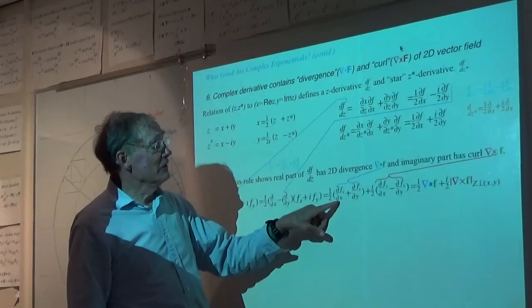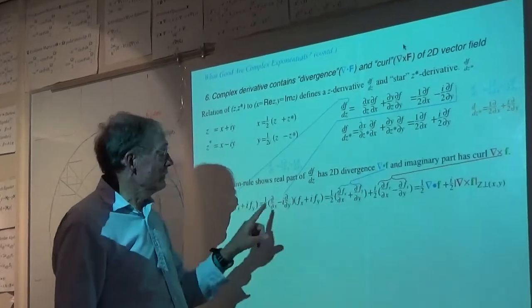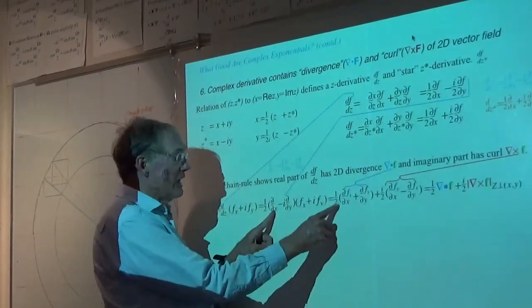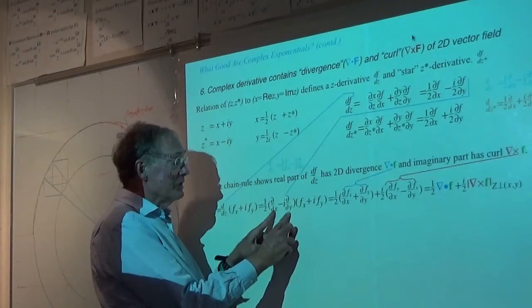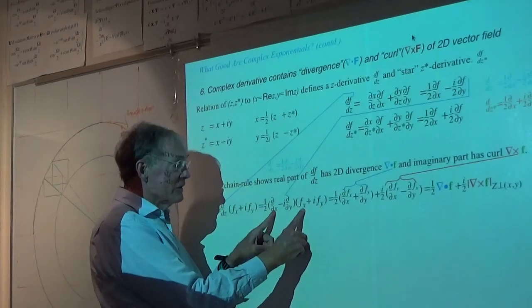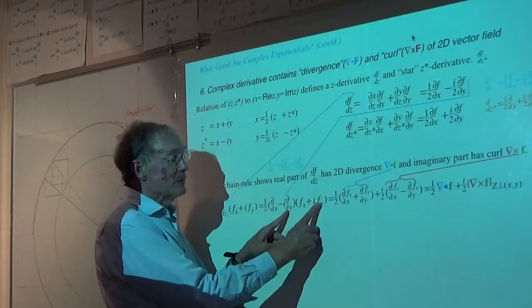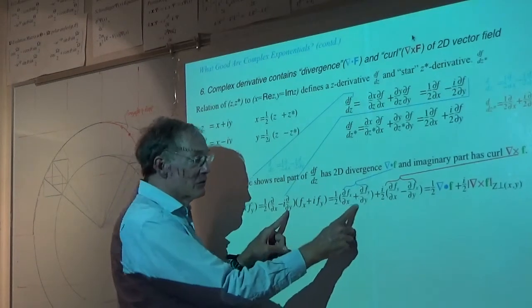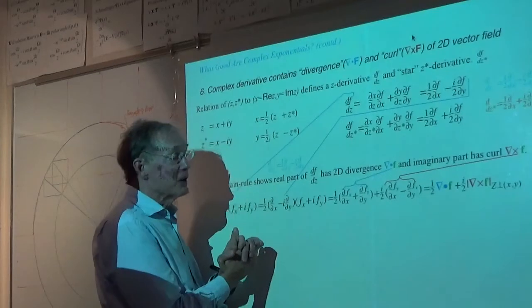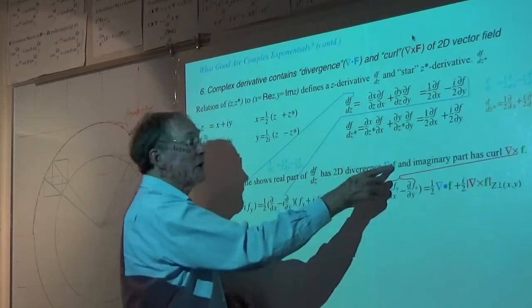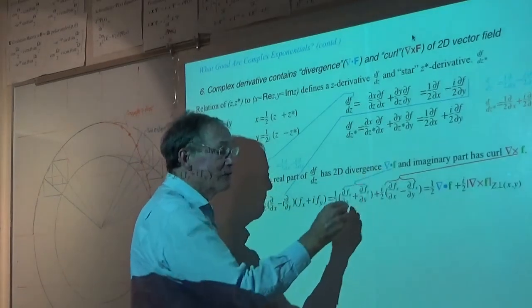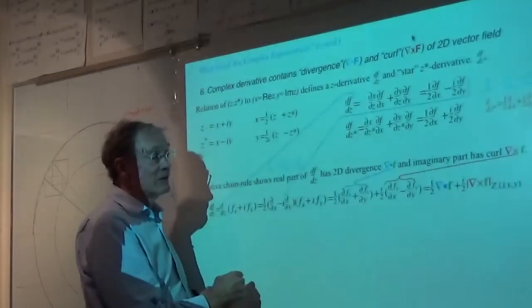Okay, so here is this thing right here, the real part. Remember, there's a half on all of this. Partial x with respect to fx, and then a minus i times a plus i is 1, partial y with respect to fy. So here is the scalar product of the operator. This is a scalar product of a del and an f in 2 dimensions.